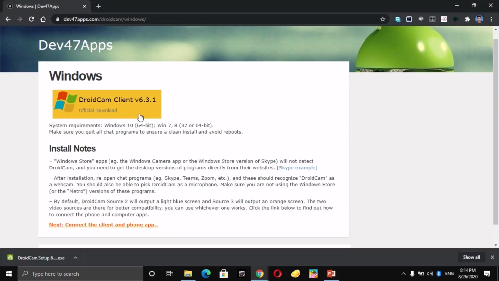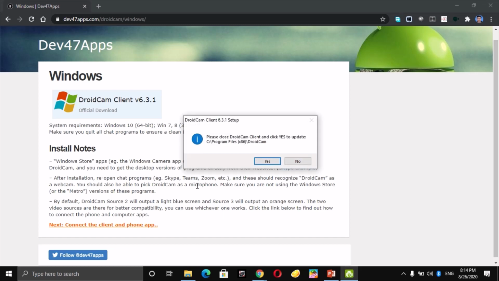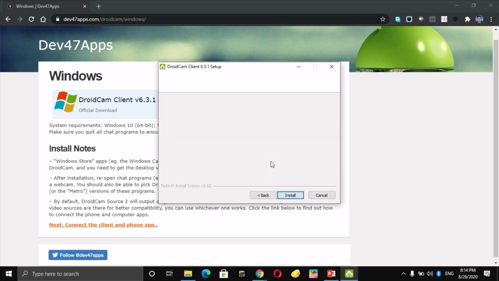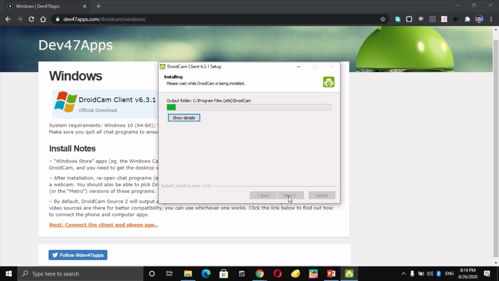So now in my system, the Droid Cam setup file has been downloaded. I'm going to open it and install the client. Okay. The process is very simple. Just within 2 minutes it will be installed.